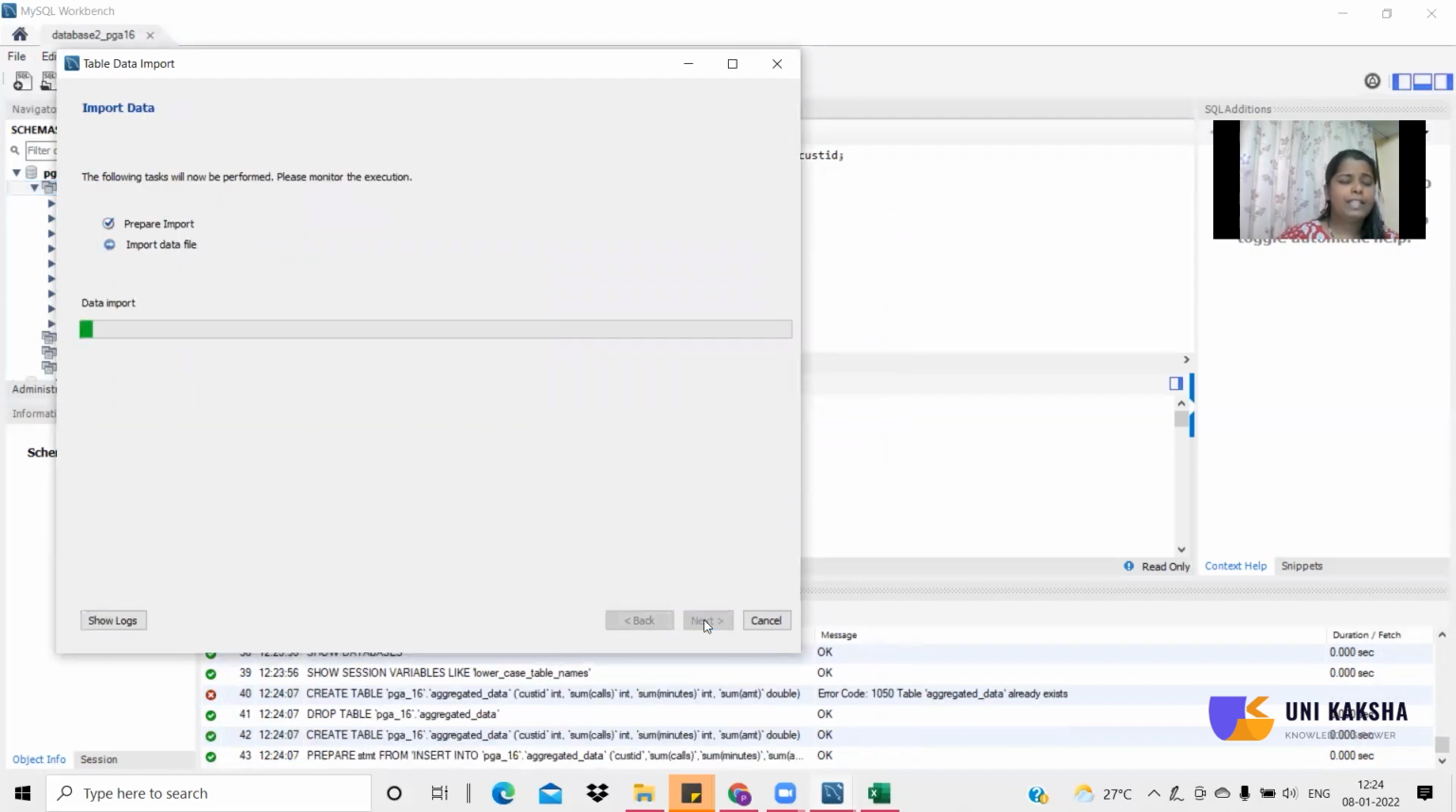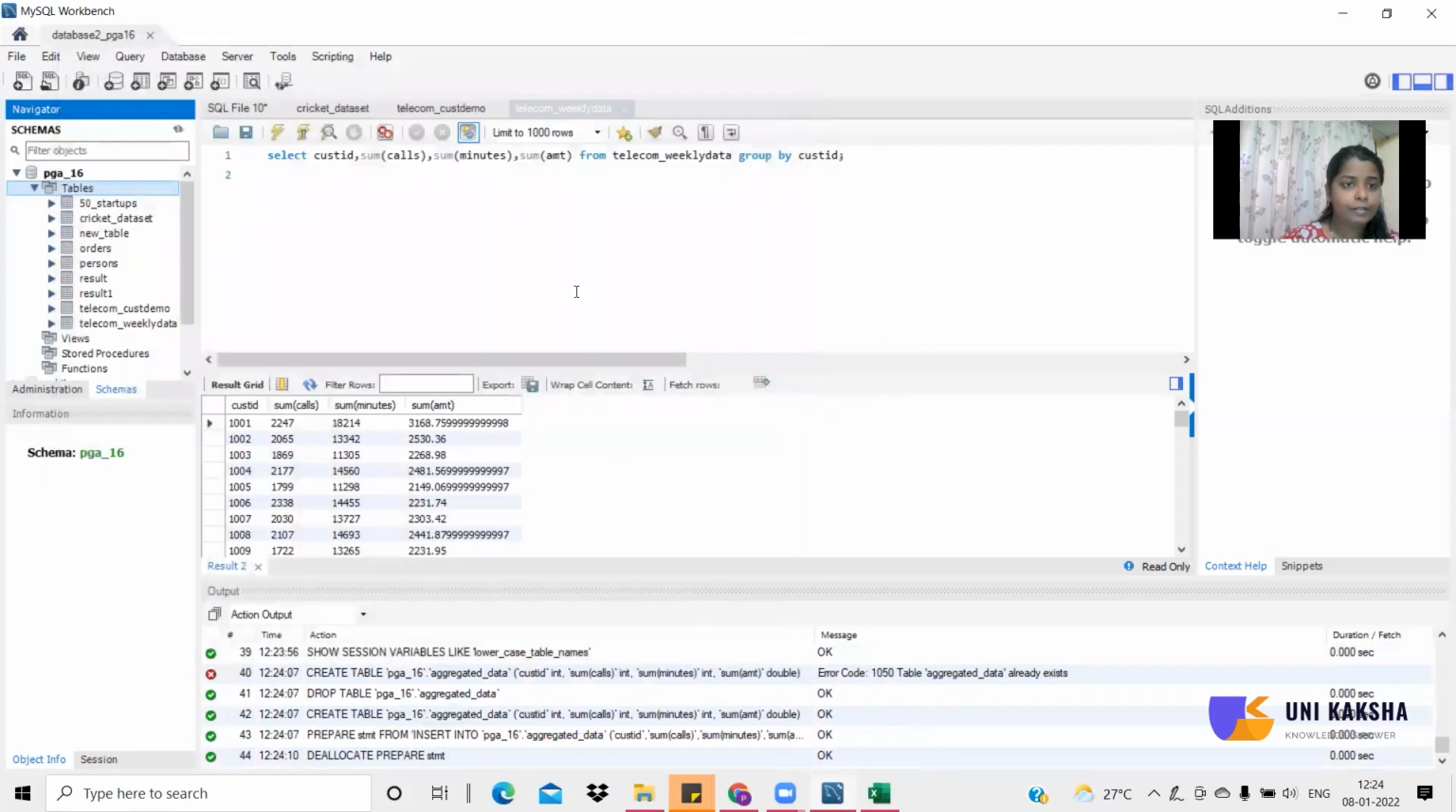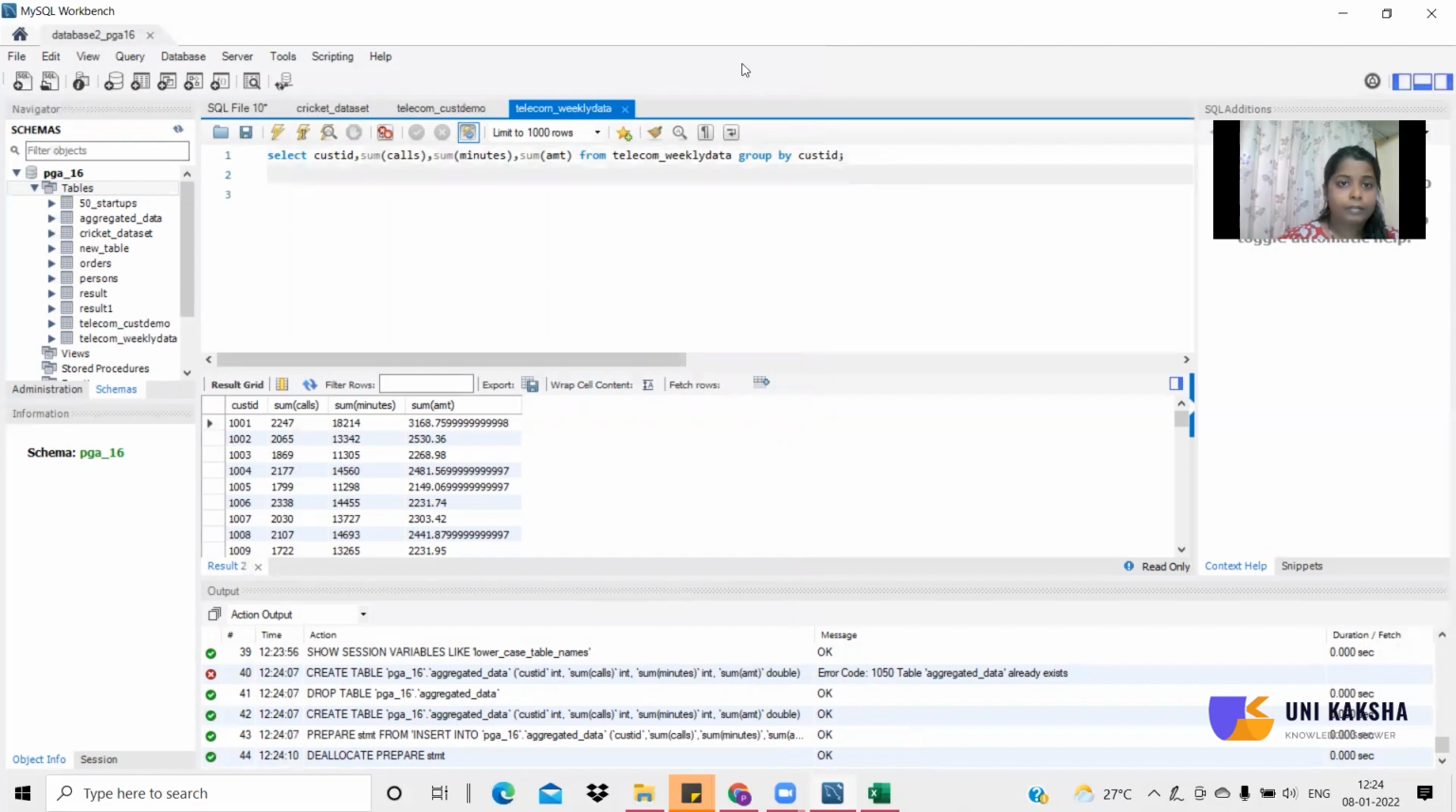Yeah, it will take some time to load the data. We are clicking on next and finish. So now we have the aggregated data that we are going to combine with the other data set, that is nothing but the customer demographic data set. So let us try to run the query that will generate a merge of the aggregated data